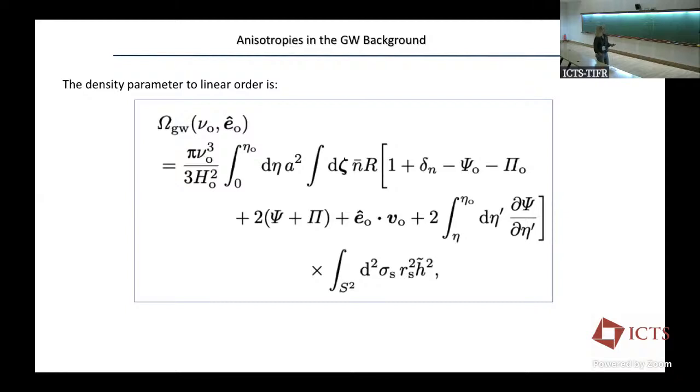Now, the final expression for the energy density of gravitational waves is this form here. It has the conformal time, and this is the scale factor. These are the integrals over all parameters. For CBCs, it is the mass and the spin. For cosmic strings, for instance, it is the G mu. This is the average number of objects I have. This is the rate of the mergers. This is the anisotropy in the number density. These are the Bardeen potentials, and this is the anisotropic stress tensor. Here is, for example, for those of you who remember, the integrated Sachs-Wolfe effect corresponding term.